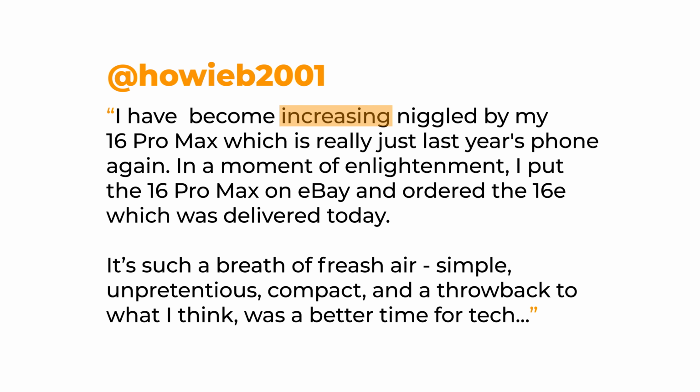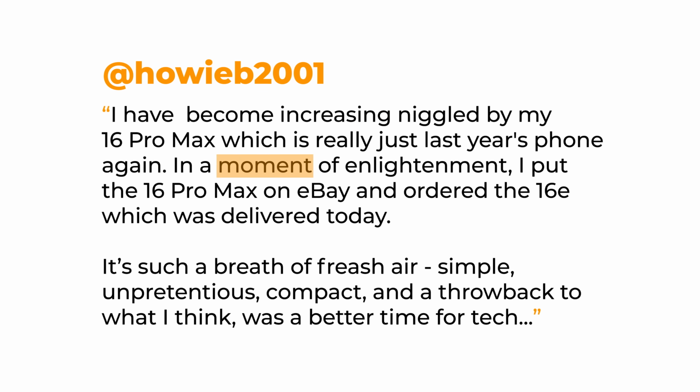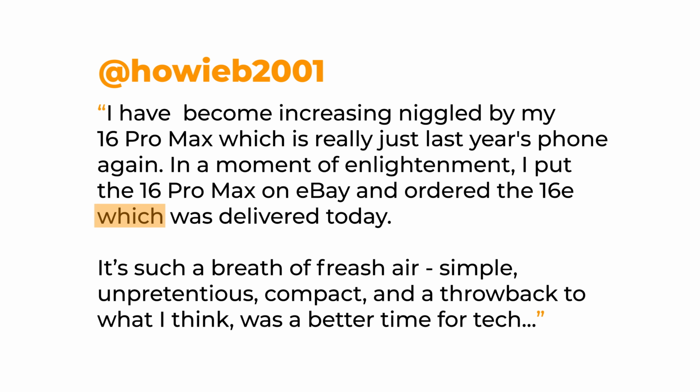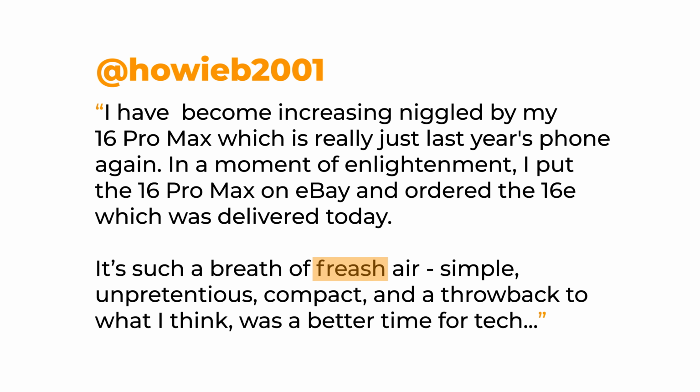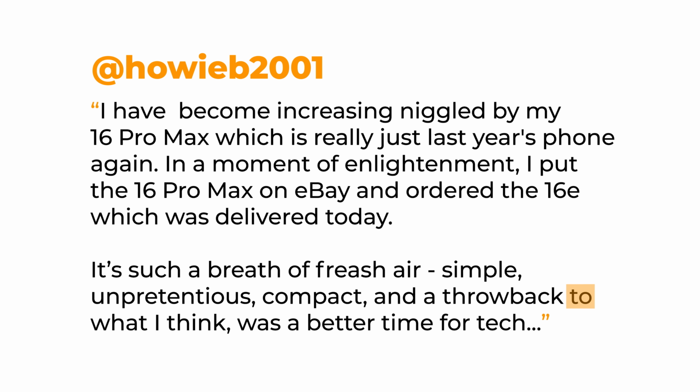I've become increasingly niggled by my 16 Pro Max, which is really just last year's phone again. In a moment of enlightenment, I put the 16 Pro Max on eBay and ordered the 16e, which was delivered today. It's such a breath of fresh air, simple, unpretentious, compact, and a throwback to what I think was a